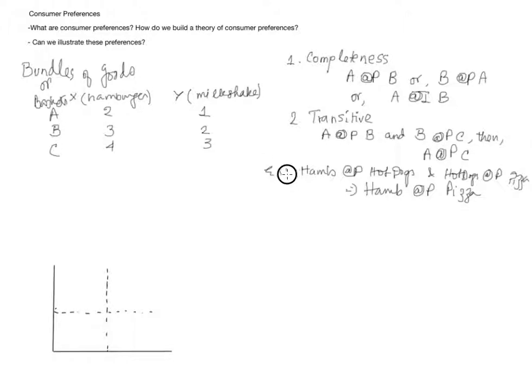So this is an example of a transitive preference. And we are going to assume that this will always hold, and we will see when we apply this